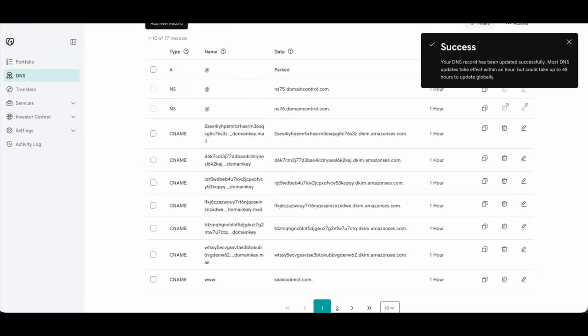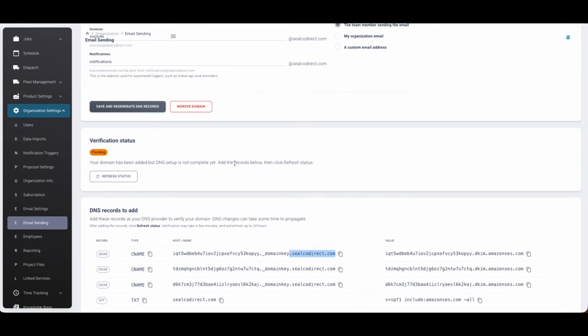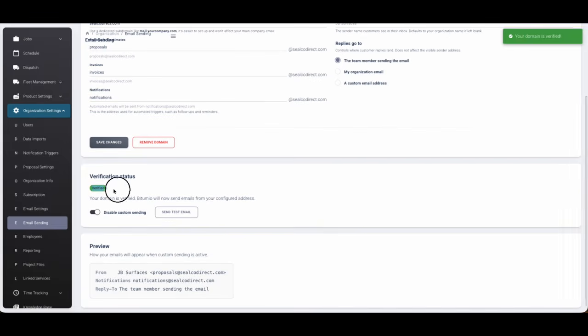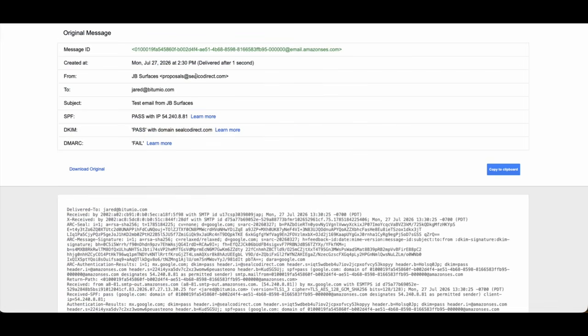Now that those are all added, I can come back in, and this could take up to 15, 20, 30 minutes, depending on who your provider is and how long it takes for them to publish your new DNS settings. So you may have to press this refresh a couple of times. And there we go. Now we're verified. This is my preview. I'm going to send a test email. Here is my test email. And you can see that this now came from